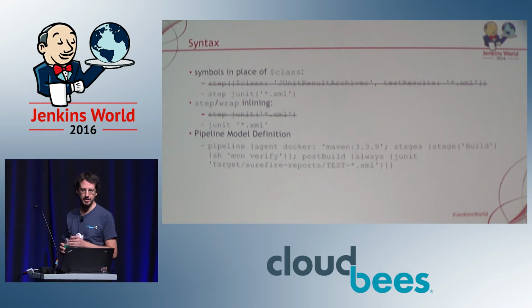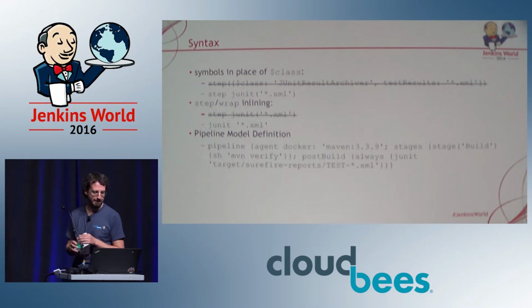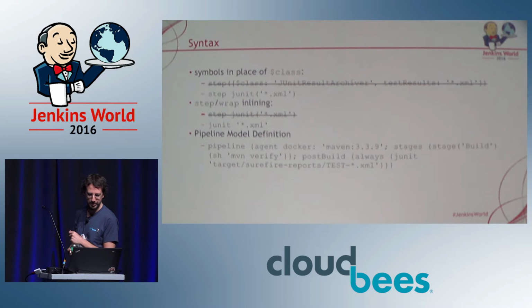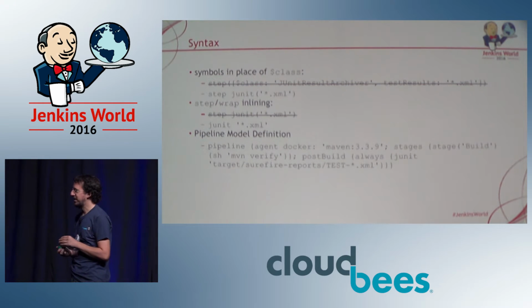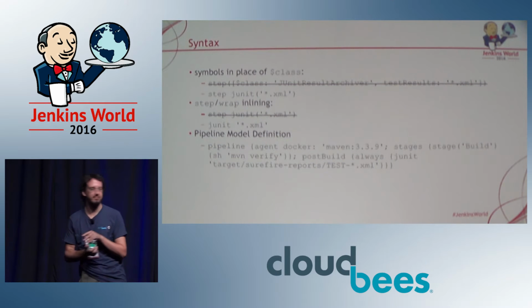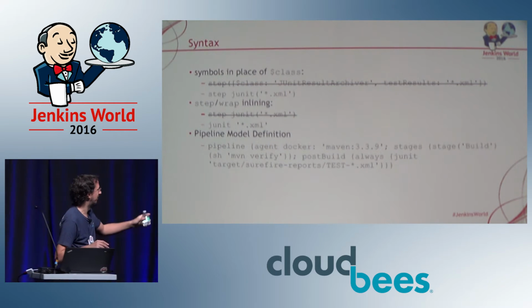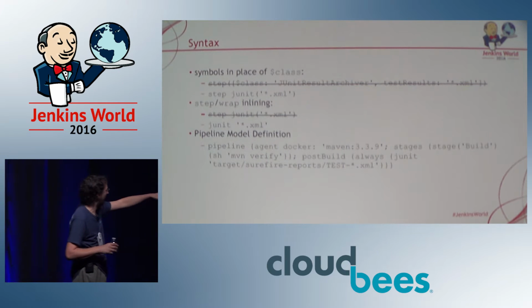The larger change is what we're calling Declarative Pipeline. You can see a beta in the Update Center. It'll be under pipeline model definition. This is just a teaser. I don't want to spend too much time on it because Andrew will do a good job later today. But you can tell I'm not very good with presentation software. I couldn't actually get this to format. But this long one-liner here,